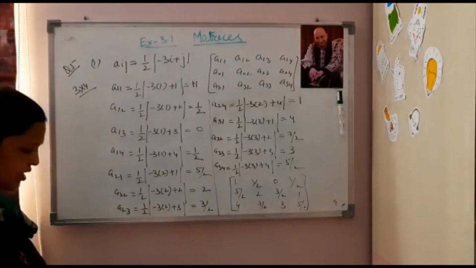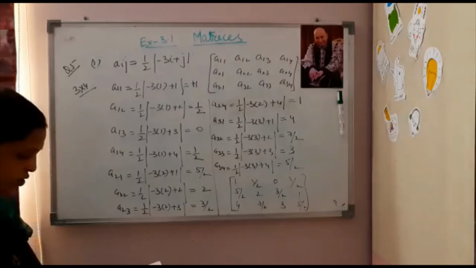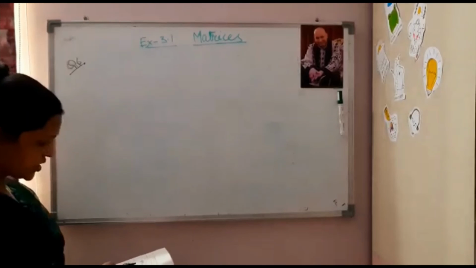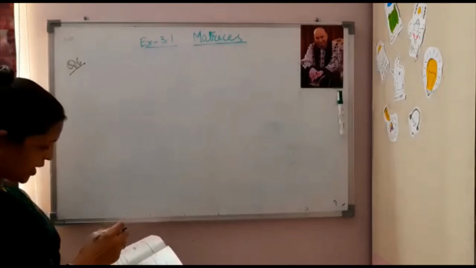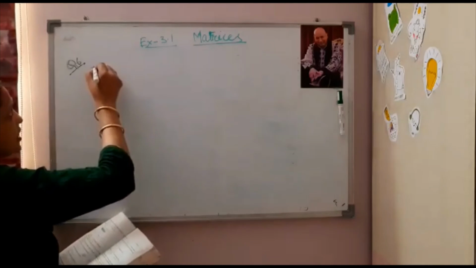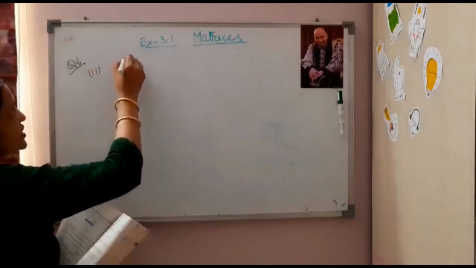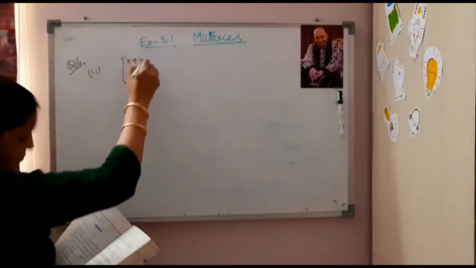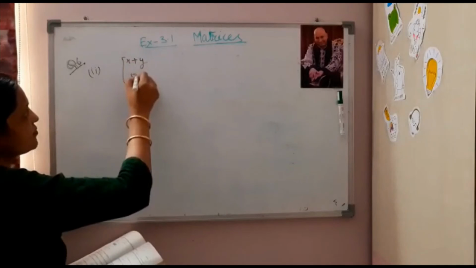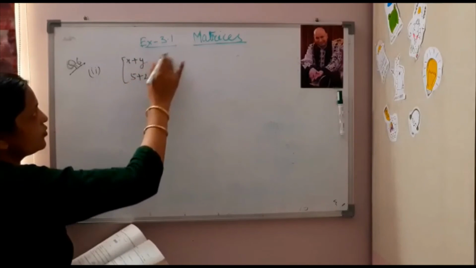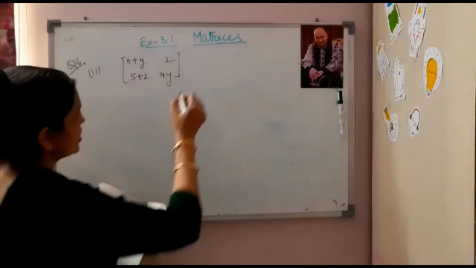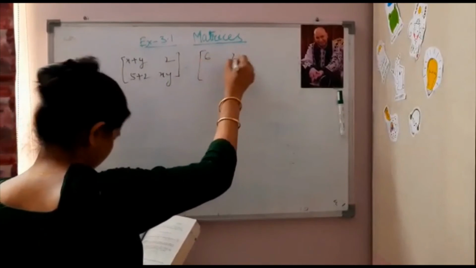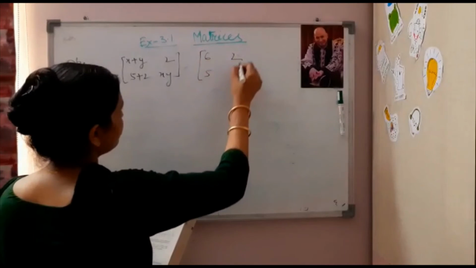Now in the sixth question, that is the equality of a matrix, I am explaining how you will find the values of an unknown variable. Right? Question 6. In this case you have to find the value of unknown variable. Now I am explaining the part 2 of the sixth question, in which you will form an equation. This is given as x plus y, 5 plus z, 2, or xy, right? That is equated by 6, 2, 5, 8, equality of our matrices.